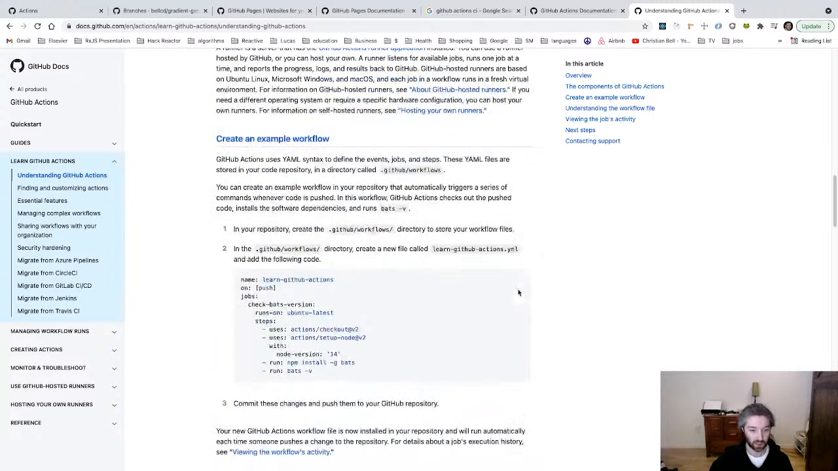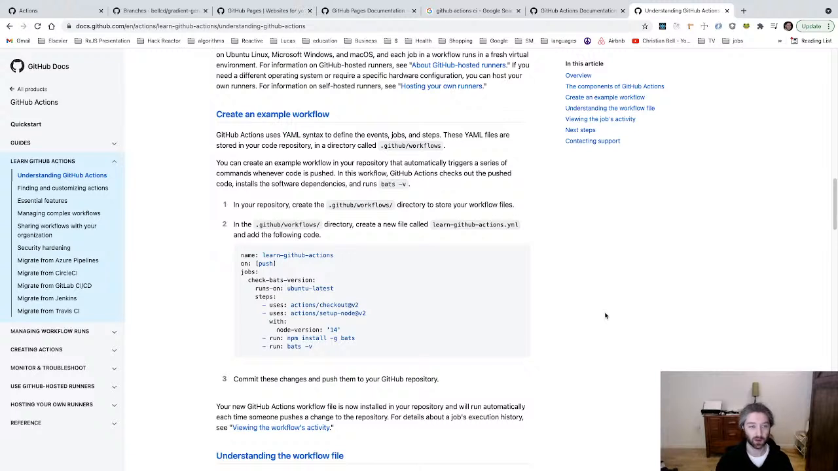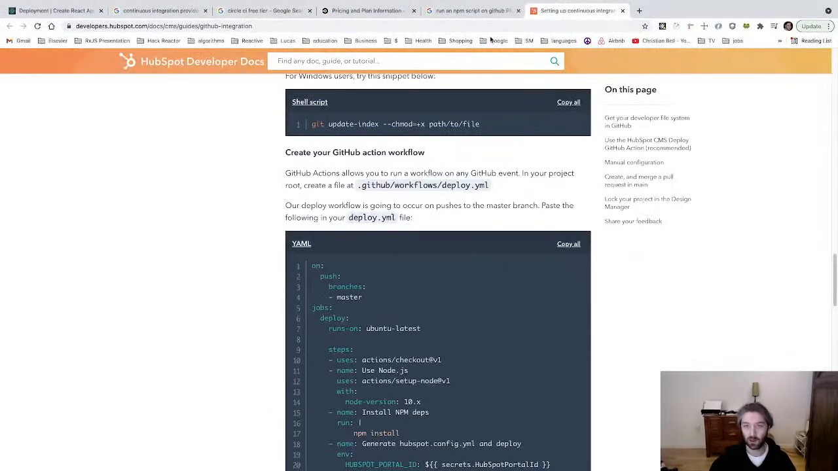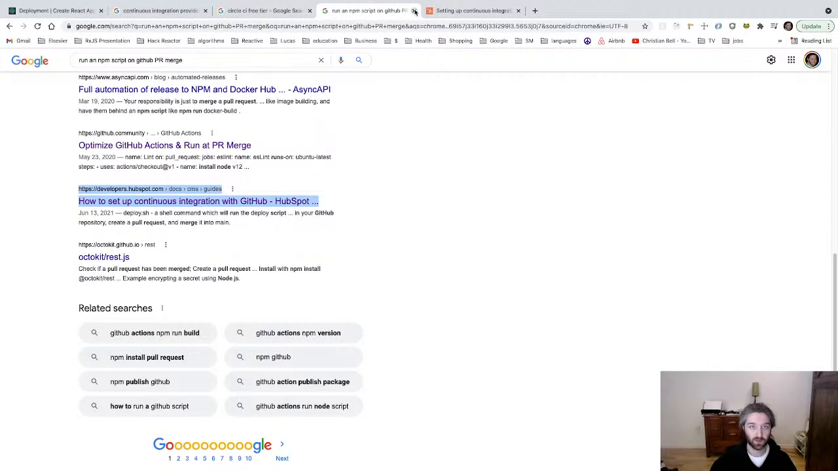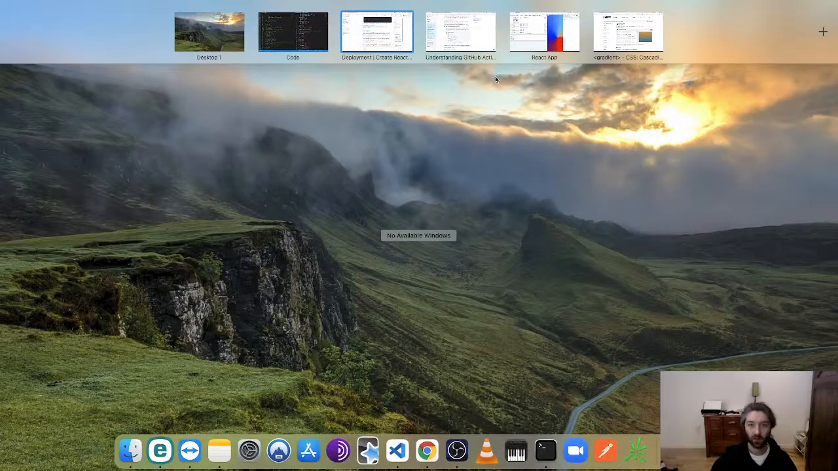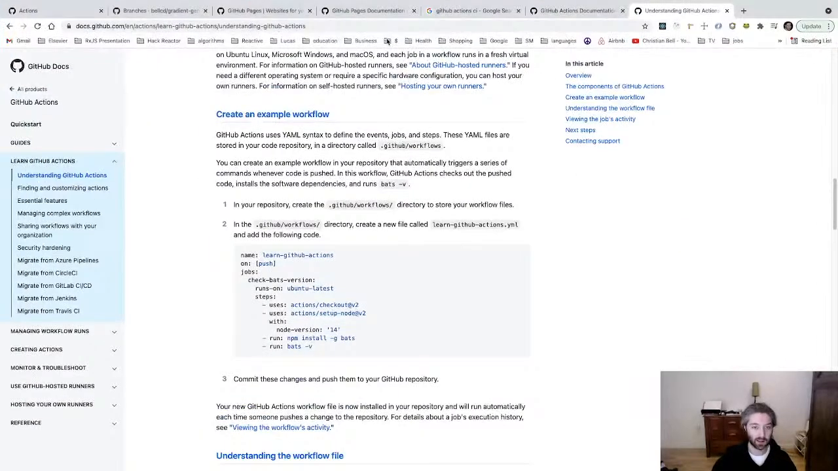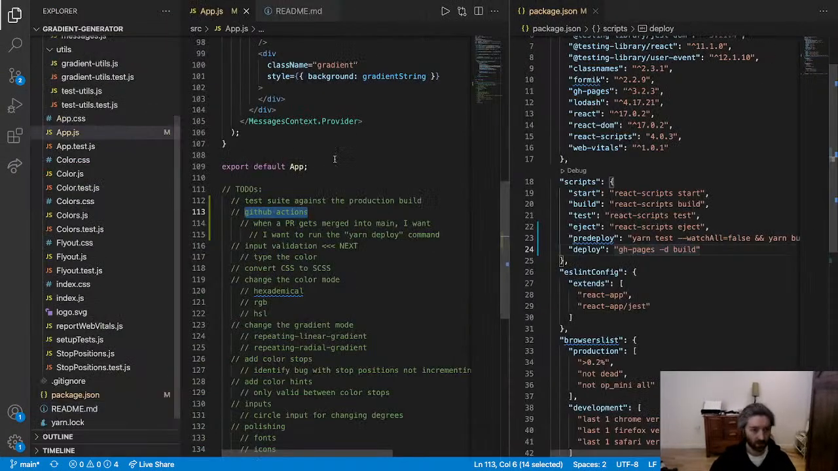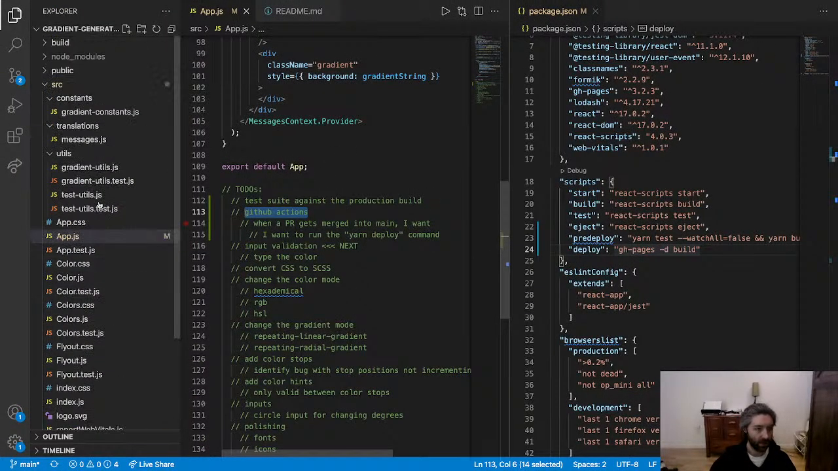Okay, here's what I want. Create an example workflow. GitHub Actions uses YAML syntax to define the events and jobs. These YAML files are stored in your code repository in a directory called .github/workflows. So let's do that. I think that's what they were talking about here. So let's go do that. .github/workflows. So we need to create a new file